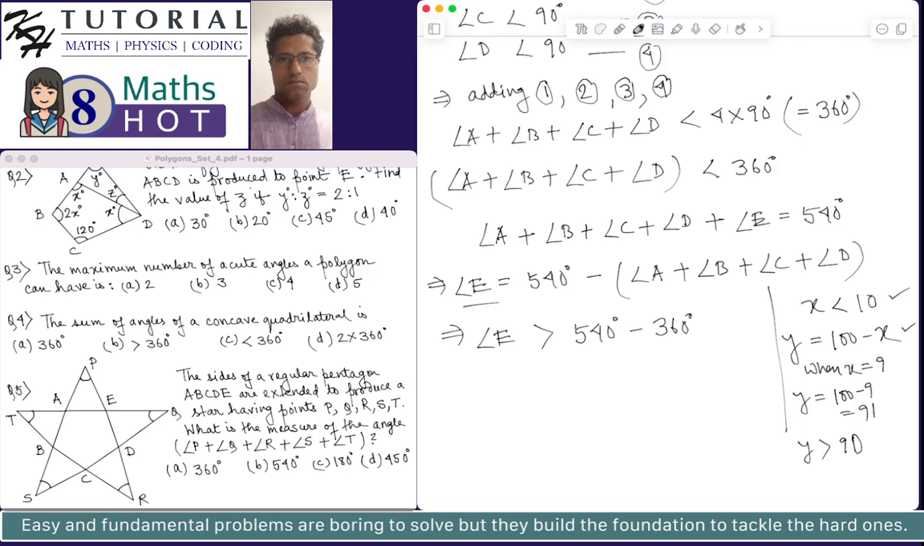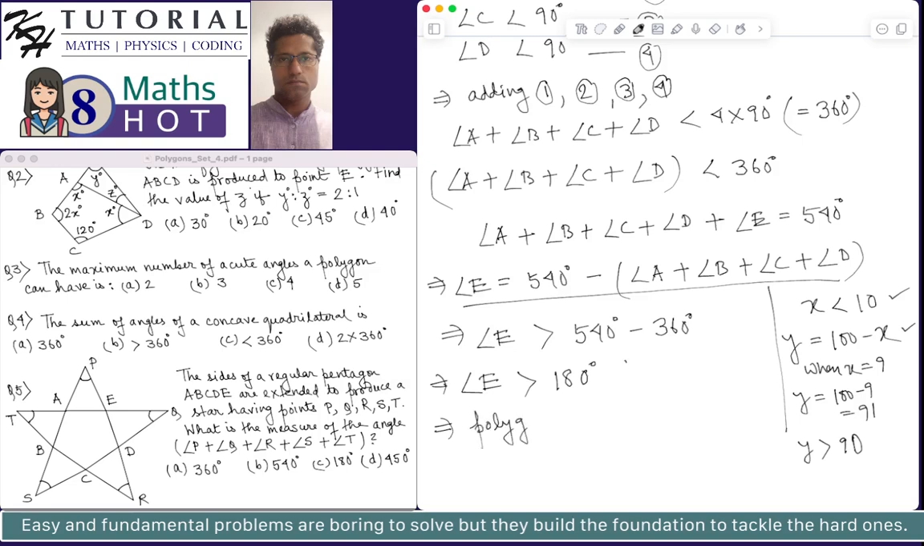in this we had angle E is equal to 540 degree minus the sum of the angles ABCD, and we know that the sum of the angles ABCD is less than 360 degree. So we can say that angle E should be greater than 540 degree minus 360 degree. This implies angle E should be greater than 540 minus 360, which is how much? 180 degree. So angle E is coming out to be greater than 180 degree, which means that polygon